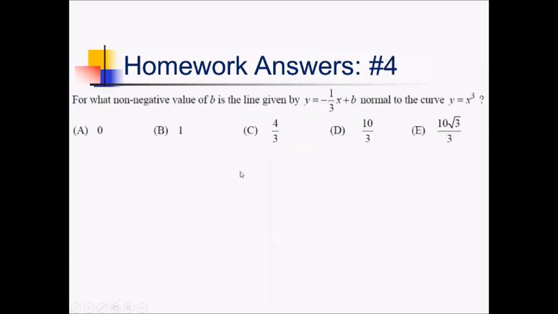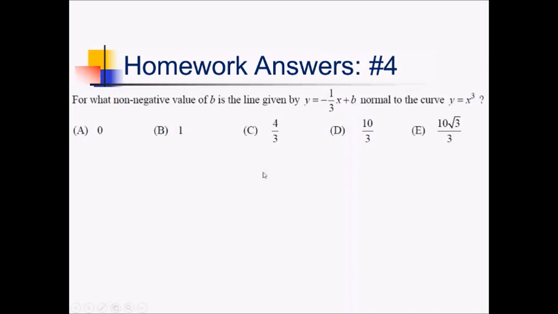On this problem, we want to know for what non-negative value of b is this y equals negative 1/3 x plus b normal to the curve y equals x cubed. All right, so we basically need to figure out where this line crosses this curve at a perpendicular slope. And if we have the x and the y value of that point of normalcy, which also happens to be the point of tangency,